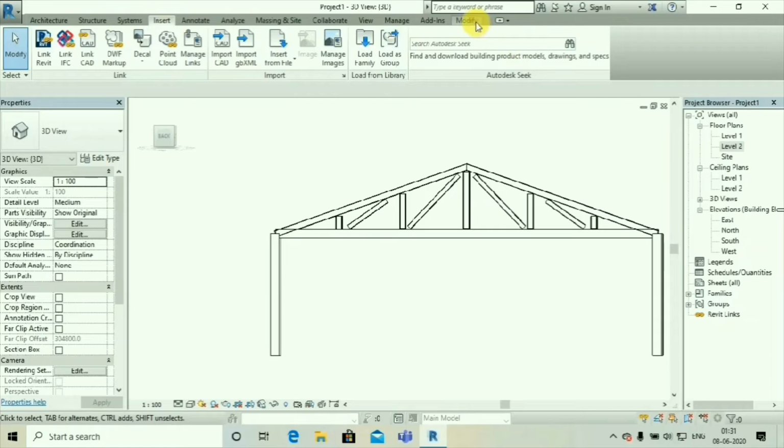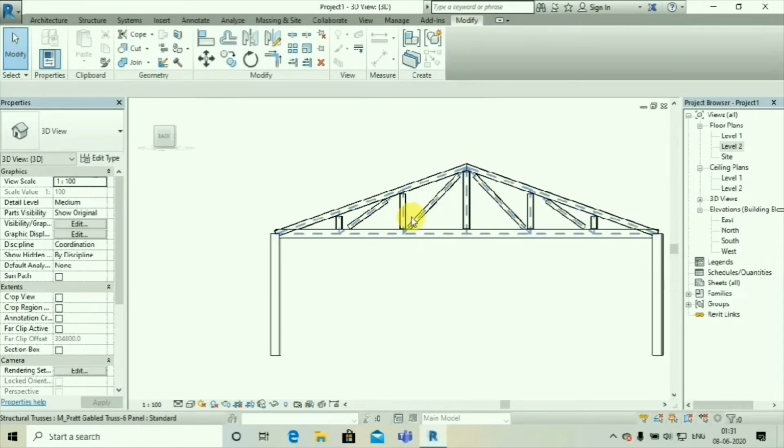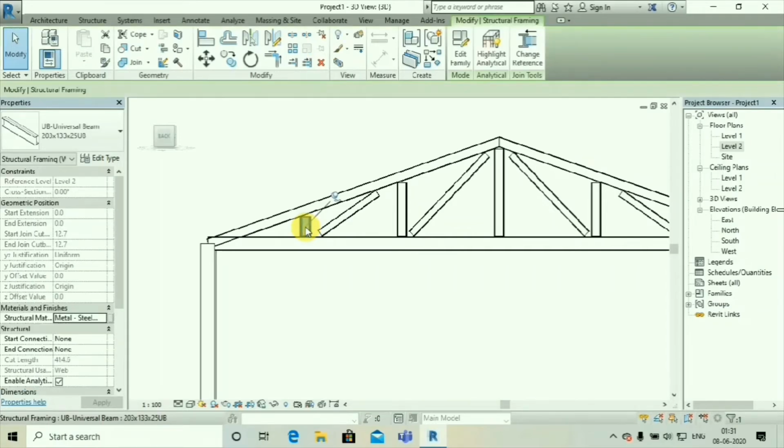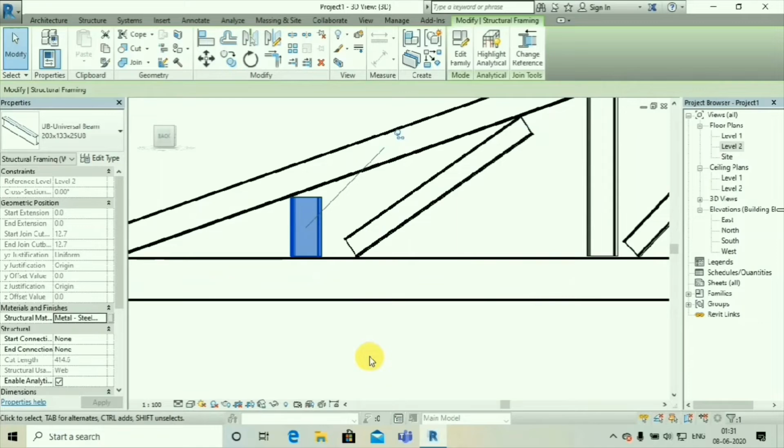Now go to modify, because we have to do the coping of this beam. Now how to select this beam? Place your mouse cursor here, click on the tab key on your keyboard and right click on your mouse.